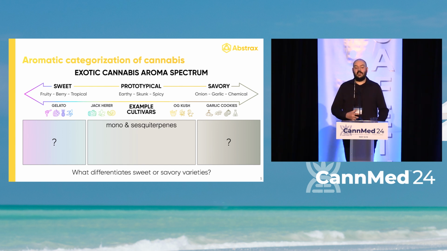aromatic categorization of cannabis as we know it today, obviously you have prototypical, that's your traditional OG Kushes, things like wedding cake, Gorilla Glue are very spicy, herbal and gassy, as well as Jack Herrers and hazes that have some citrus notes to them, very piney, very terpenic. But when you start thinking outside of the classical range, you start thinking things about like sweet exotics and savory exotics. So when we started this, we really wanted to understand what makes sweet exotic cannabis smell and taste the